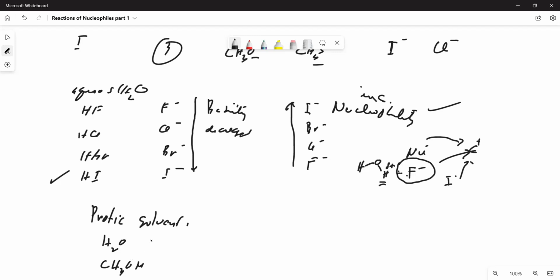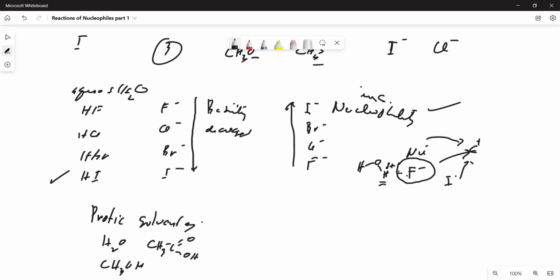We can classify them as protic solvents. So they can decrease the nucleophilicity of the fluoride. So in other words, for bases, for nucleophiles,